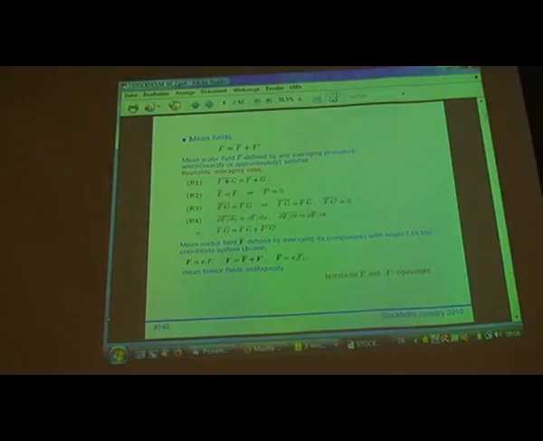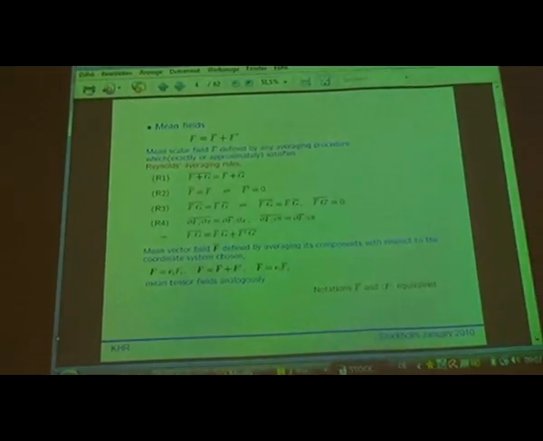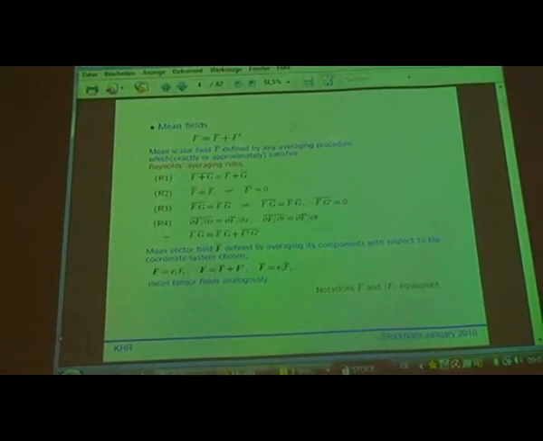We don't fix this averaging procedure in detail. We consider many different procedures in this theory, but we require that they satisfy exactly or approximately the so-called Reynolds